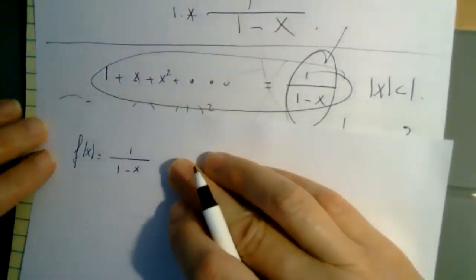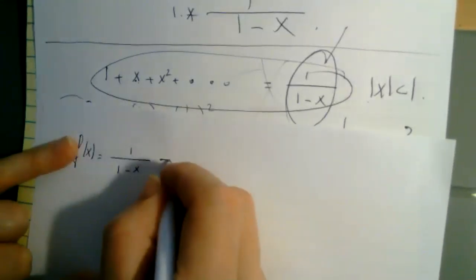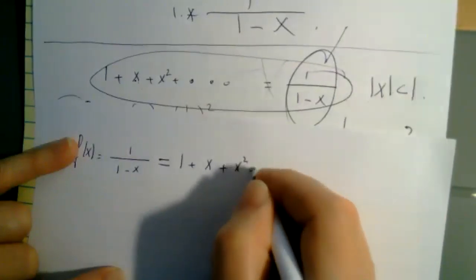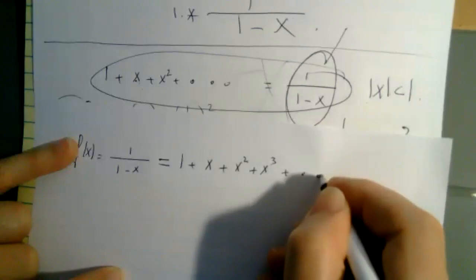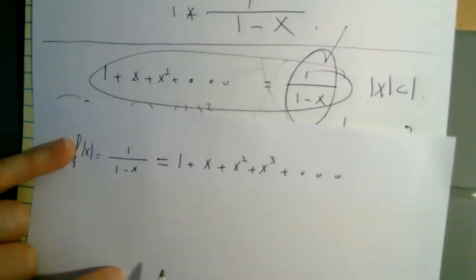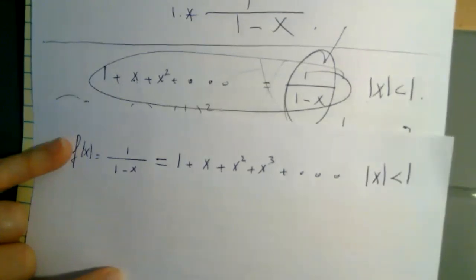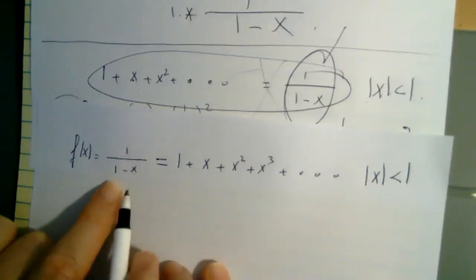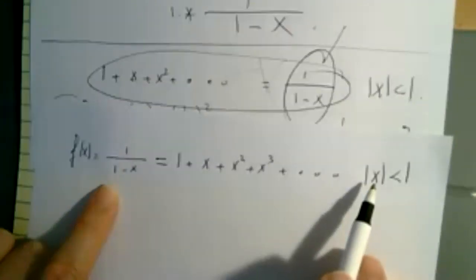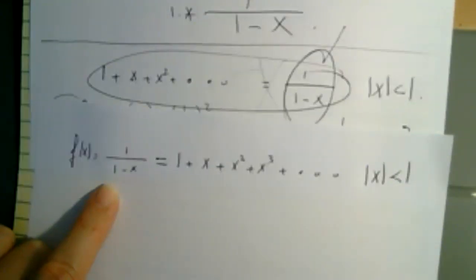Now I'm going to look at this as a function. You give it an input x, it spits out this output, which is equal to, is given by this power series. It means this function, I represented this function as a power series. And this representation holds when the absolute x is less than 1. It means that if I plug in a value in the expression of the function that satisfies the property absolute x less than 1, for example x equal minus a half, minus a third, minus 2/3,